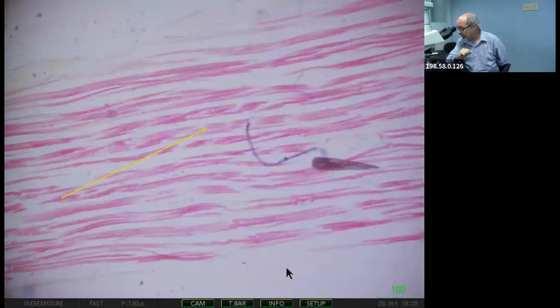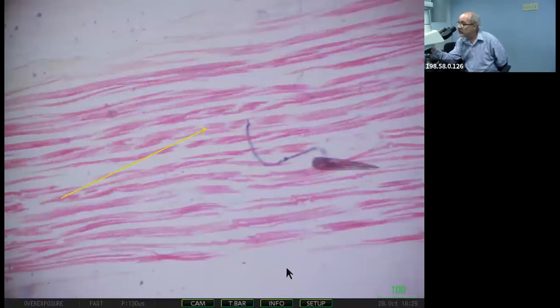So now we can go a little bit further down. Before we look at your skeletal muscle, what are the characteristics of your skeletal muscle? Your fibers are elongated, so you have long fibers. They will be multinucleated, so you will have numerous nuclei for one fiber, and these nuclei will be located where? They will be located at the periphery. So there you have peripheral nuclei.